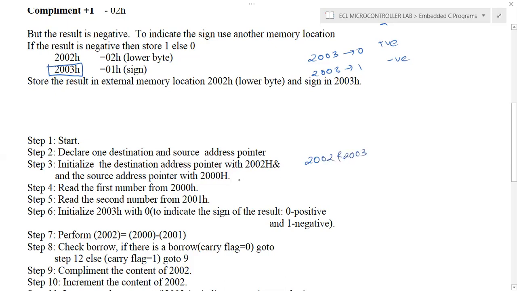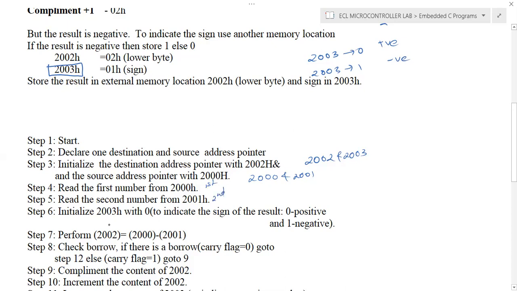The numbers are stored in 2000H and 2001H: the first number in 2000 and the second number in 2001. We need to initialize the pointers with these values. After that, we need to read the content of 2000 and 2001, the first number and the second number.